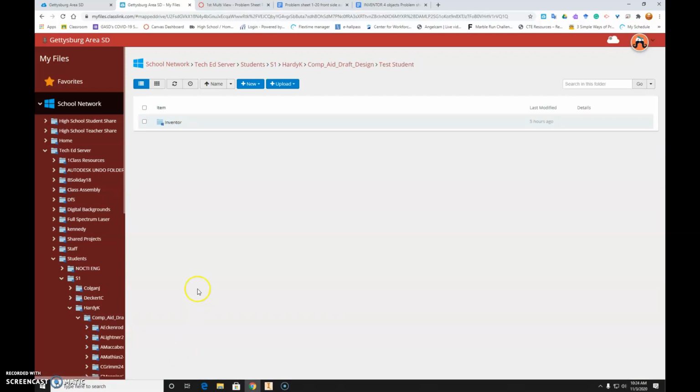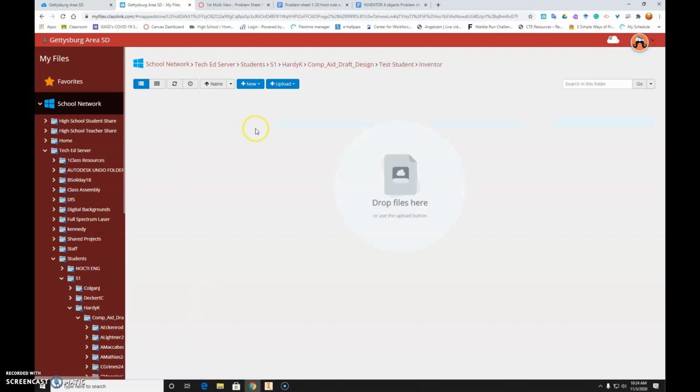Here's Test Student. Notice that new folder I created, Inventor, is there, so I can then access my files here where I can download them to work at home, and then I'm going to upload anything I created back to this directory. Make sure you are downloading and uploading from this location. Make sure all of your Inventor work, everything you do in Inventor, is living in this Inventor folder and nowhere else. Very important, or you will have problems with your